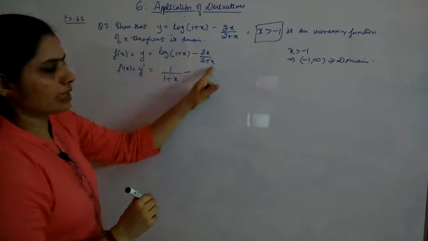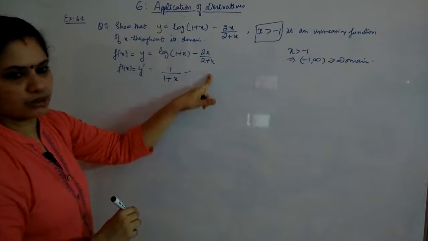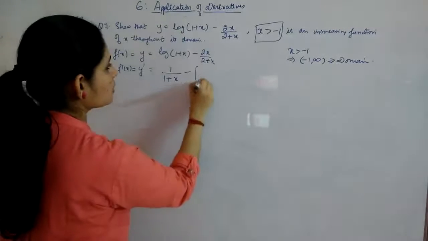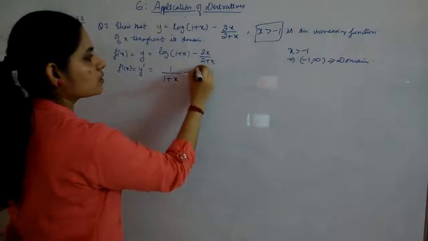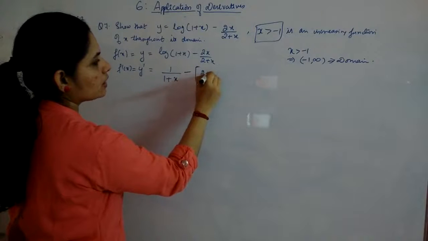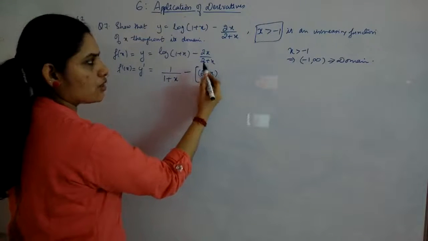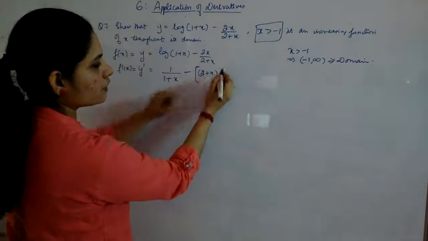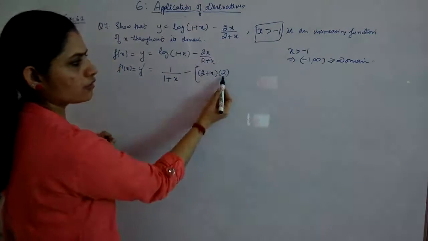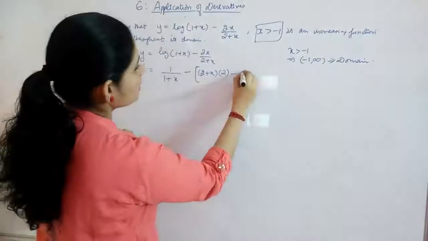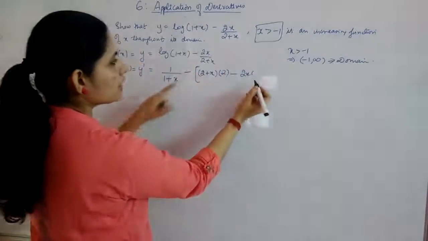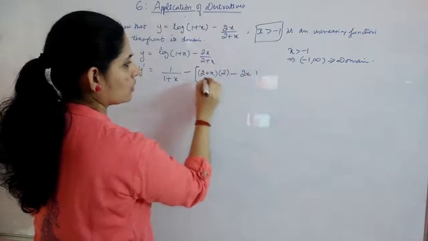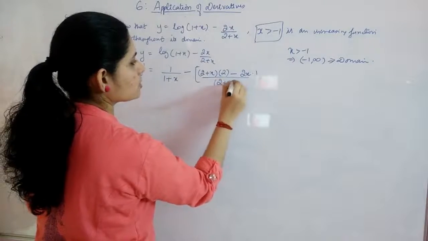Minus, here you have to apply quotient rule. Again, it is a fraction, both the numerator and denominator containing x term. So you have to differentiate it with respect to x using your quotient rule: v into u dash, or u dash into v minus v dash into u, divided by v square. So this is your v, u dash will give you 2, derivative of 2x is 2, minus 2x into derivative of v, 2's derivative is 0, x derivative 1, so 2x into 1 only, divided by 2 plus x the whole square.